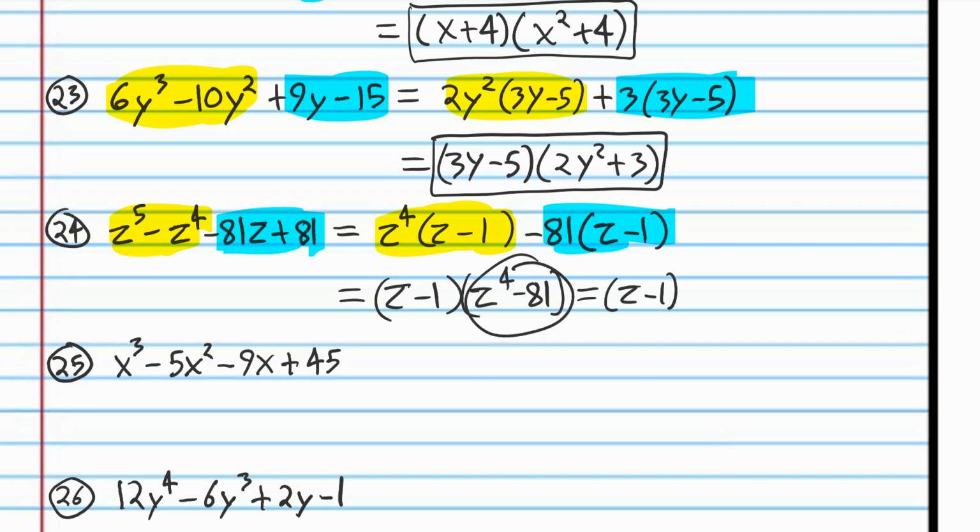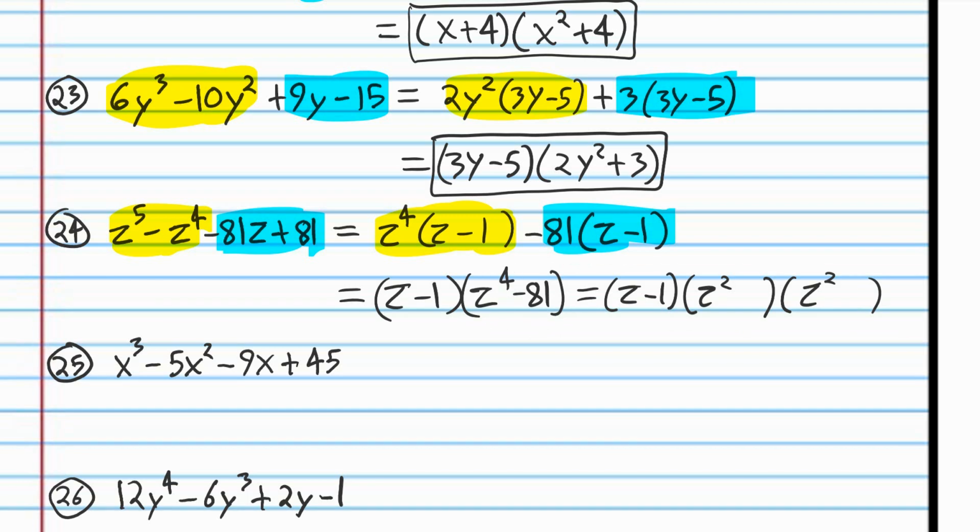This is the difference of 2 squares. It doesn't look like the difference of 2 squares, but it is. Because technically this is a perfect square and this is a perfect square, because that would be z to the 2nd power and z to the 2nd power. Now we don't see those very often when we're dealing with difference of 2 squares, but if you have an even power here, it's always the potential to be a difference of 2 squares,